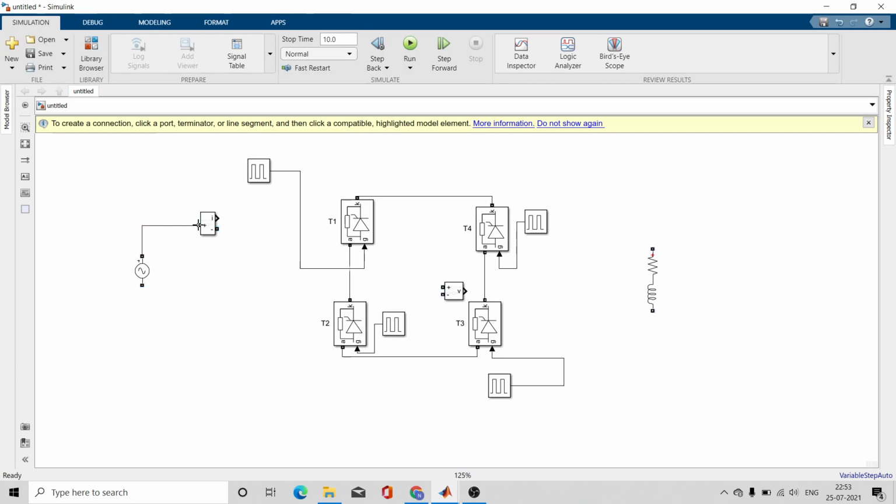This is first point and this is second point. Sorry for that, I have to connect it over here and I have to connect it over here.